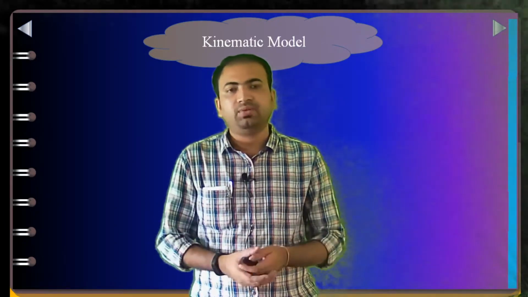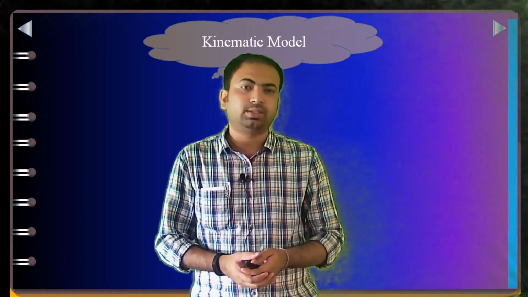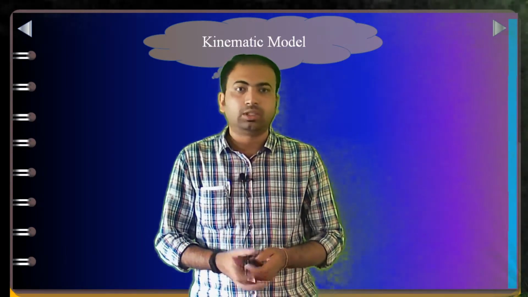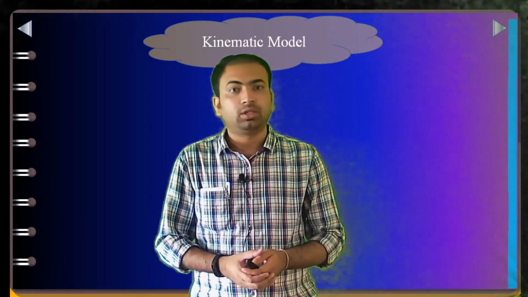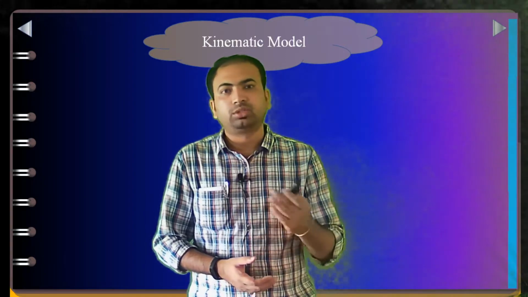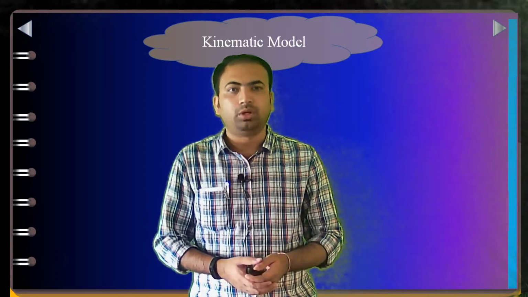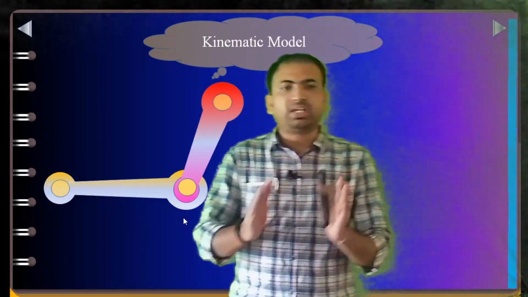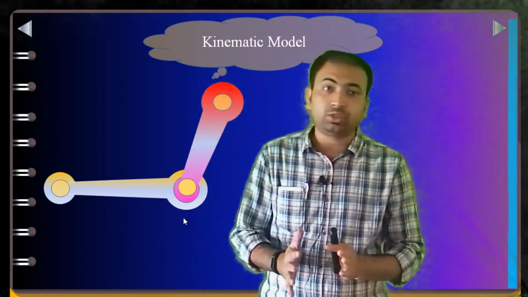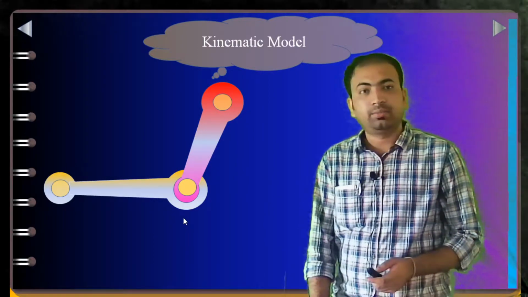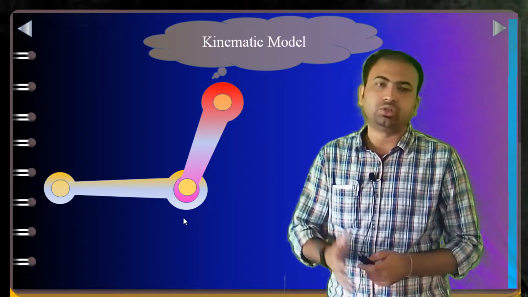Along with the end effector, it is also required for us to know the position and orientation of all the links as well as all the joints. That is the reason why we are going to study the kinematic model. So, we know that there are two main types of joints which we are going to focus on in robotics. One is the rotary joint and the other one is the prismatic joint.